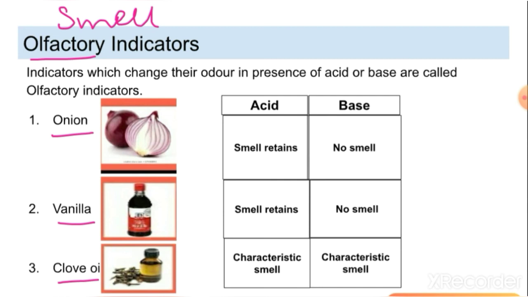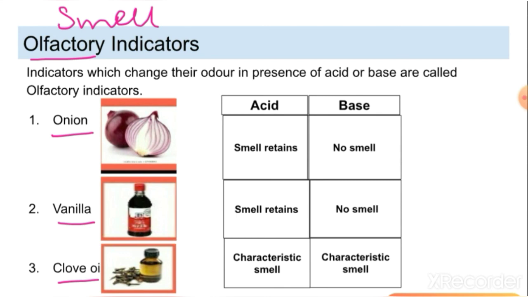If we apply lemon juice or any other kind of acid to it, the smell will remain as it is. The smell of onion will not change. But if we apply any base, the base could be baking soda or baking powder. It could be toothpaste. It could be calamine lotion. Anything which is available at your home. So if you apply that base to it, or if you have chemicals and are doing this test in the laboratory, if you have sodium hydroxide or potassium hydroxide, you could use these bases. So you will see that the smell of onion will disappear. There will be no characteristic smell.